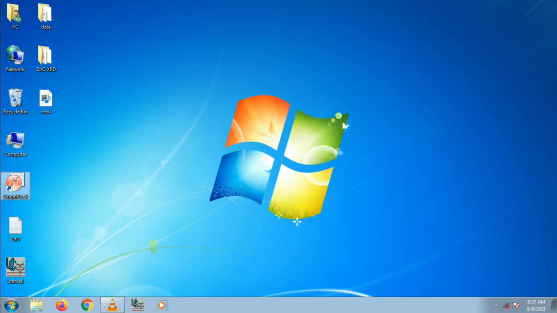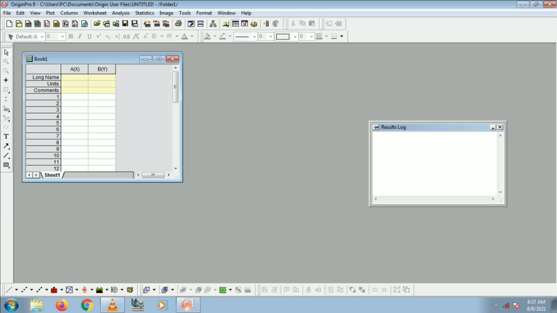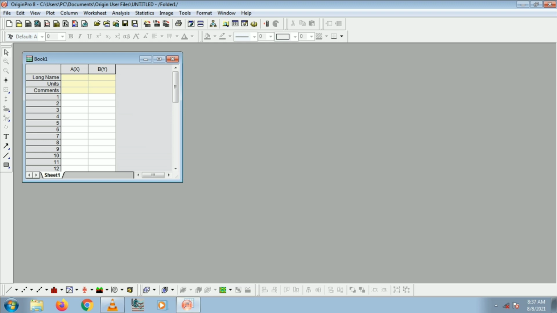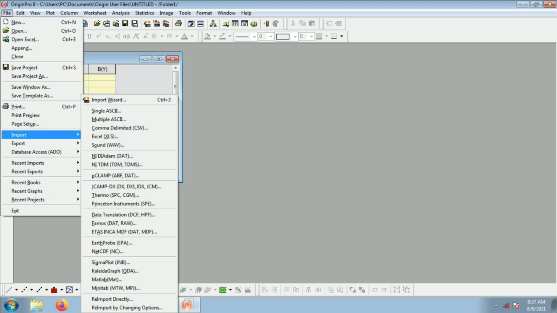First, open the Origin program. So here you can see the file menu. Select the file menu. From the file menu, select import and then select single ASCII.